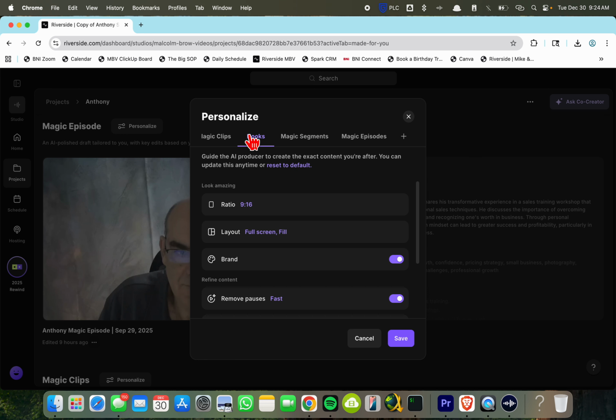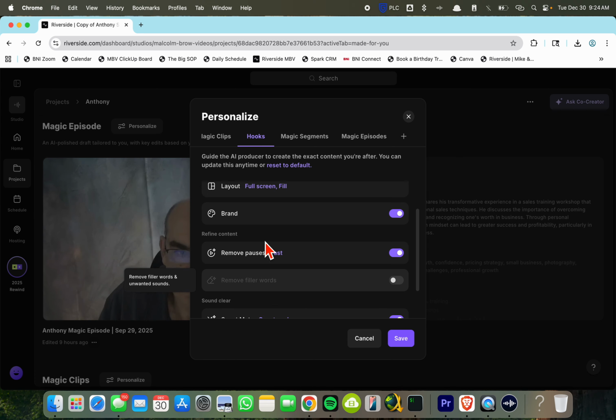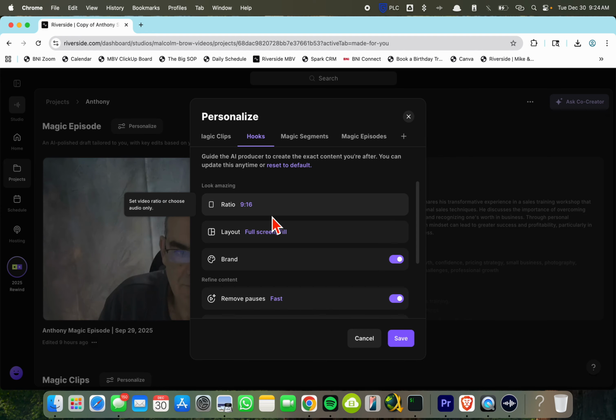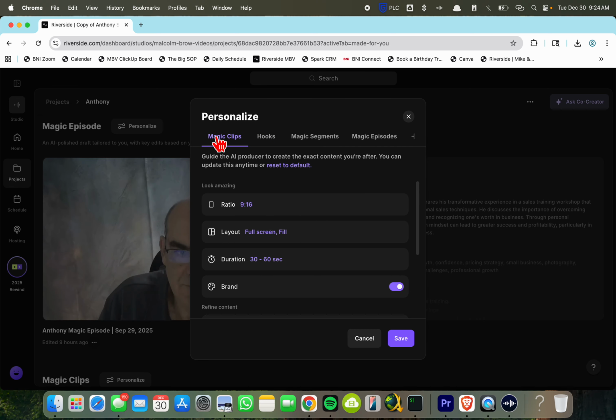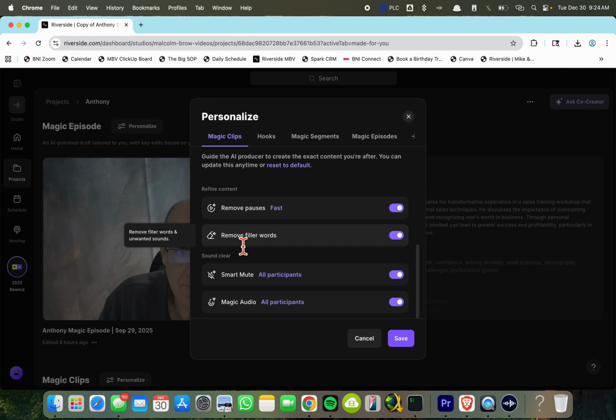It doesn't make perfect clips. You still have to look through them. But as an editor, you know how much time that saves. And again, this is hooks. I've never really used this before, so I won't say anything about it. The magic clips is like the shorts, and